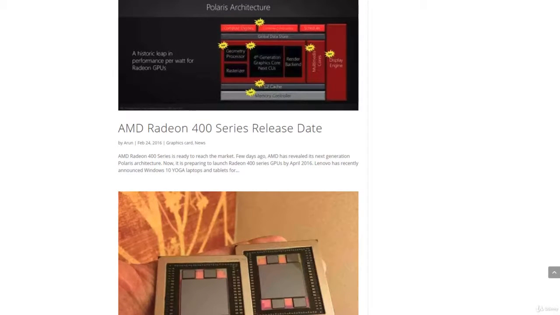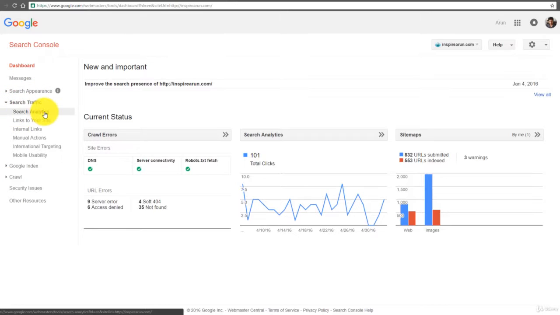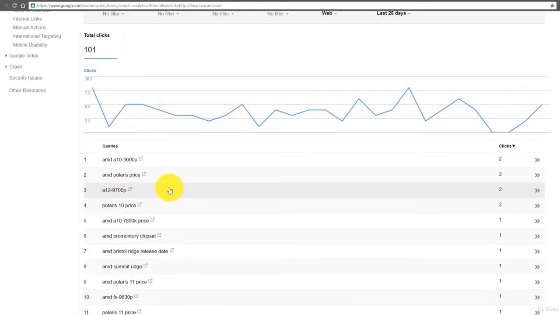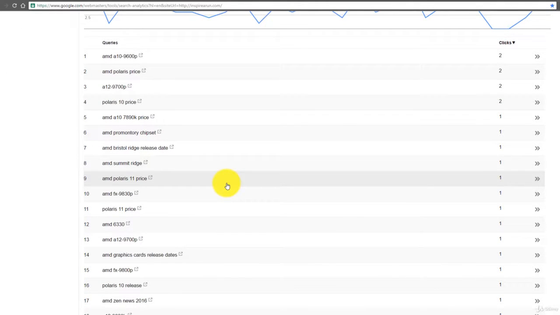Now let's enter into the core part of this lecture, Search Console, which is also called as Google Webmaster Tools. You need to enter into Google Webmaster Tools and select your website. Then you will be taken to the dashboard of your website. You need to go to Search Traffic and then Search Analytics. This will take you to a list of keywords or queries which people use or search on Google to reach